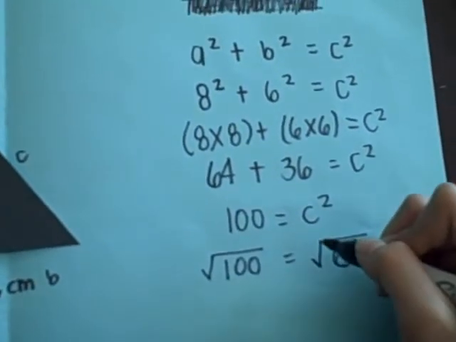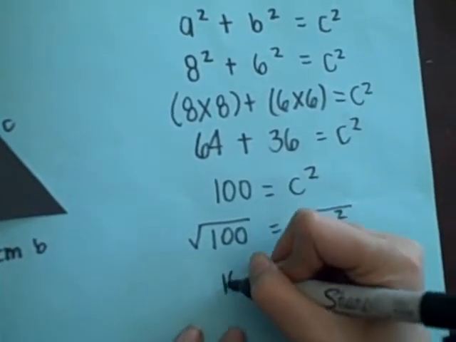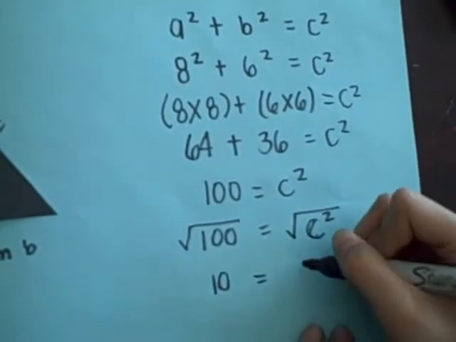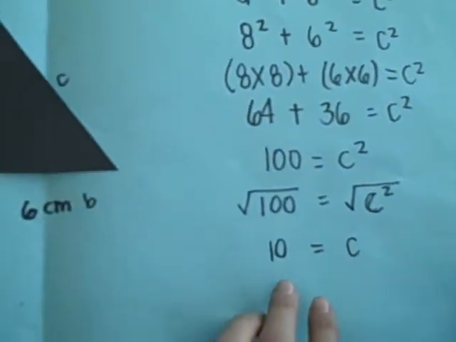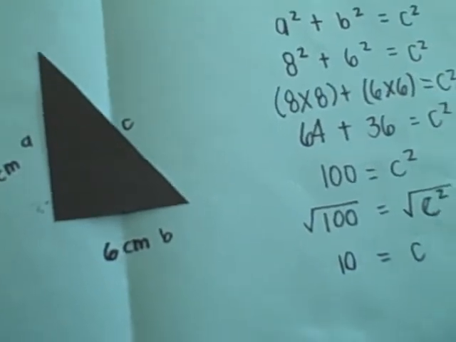So the square root of 100 is 10. And the square root of C squared is C. So now we know that the hypotenuse is 10. To prove it,